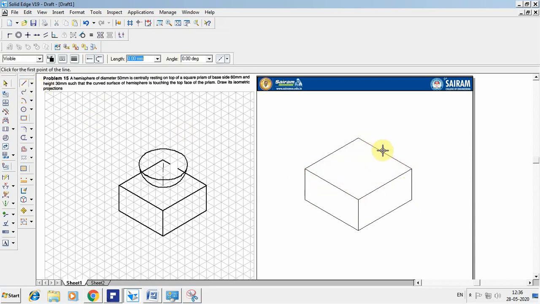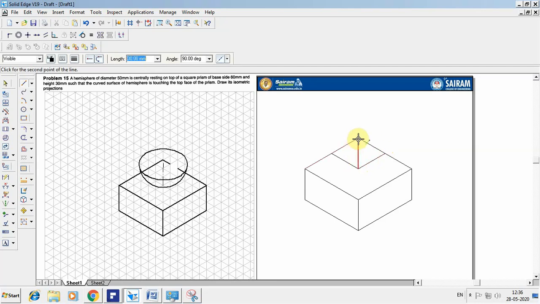So on the upper face I have to draw a center line. So draw the center by connecting that. Go for trim and remove the center. Now I have to create a hemisphere over here. So there will be two methods. You can draw the hemisphere separately and place that, or from here itself you can draw the hemisphere.